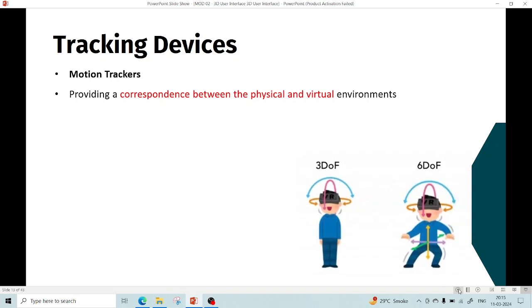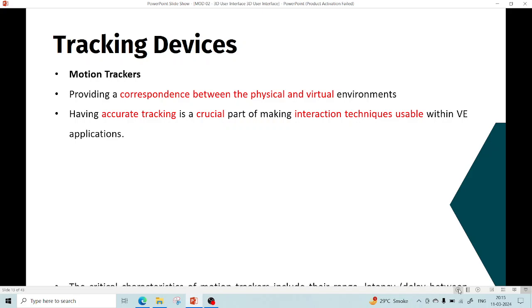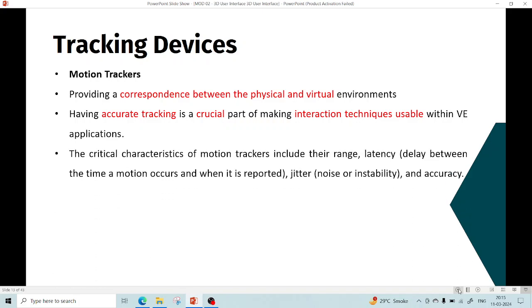Now, virtual motion tracking can be a 3 degree of freedom, which is basically a head movement, 6 degrees of freedom, like a whole movement of the user. All those things can be implemented. The critical characteristics which we are looking for in the motion trackers will have a range, the area or